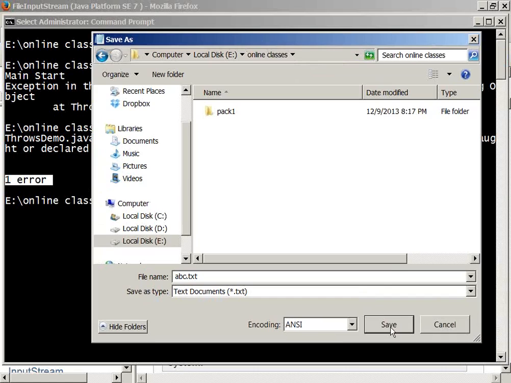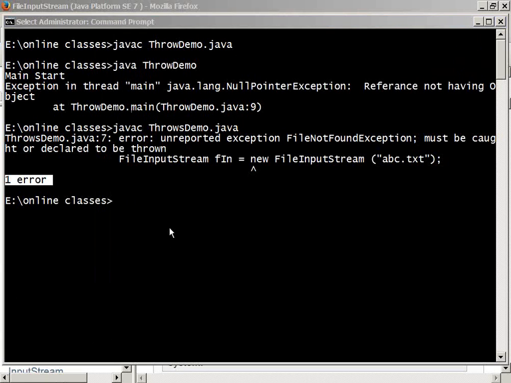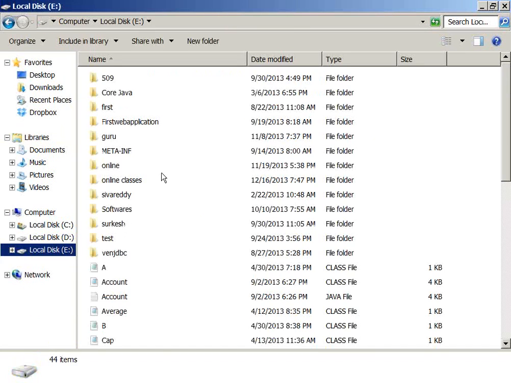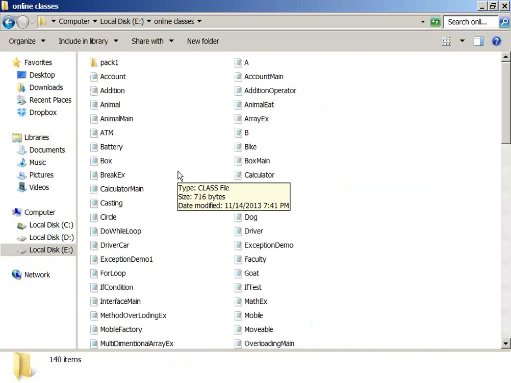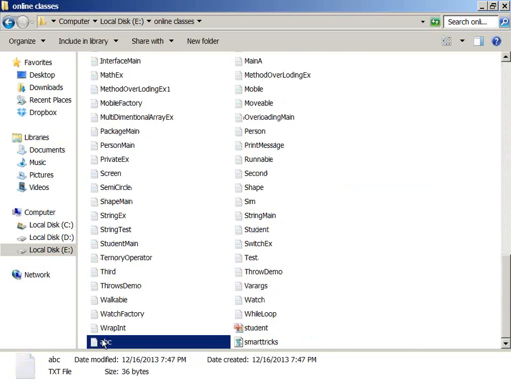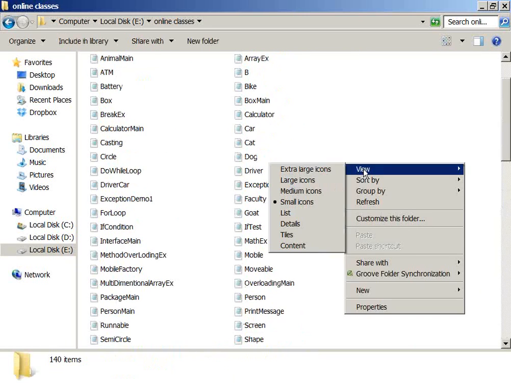See this, and write some text into this. Saved it. Now go to the location where I have saved. You can see this, the online classes folder. Now abc.txt, right? Able to see this? I have the abc.txt file.